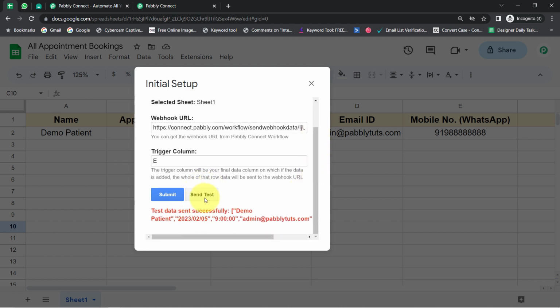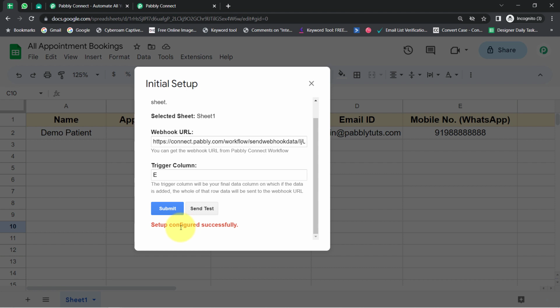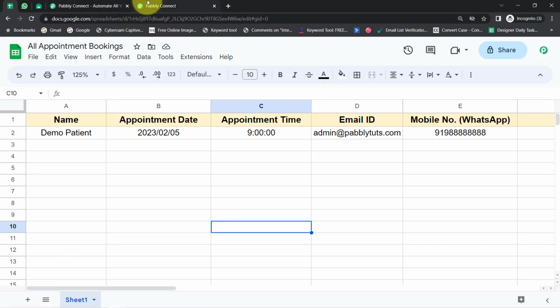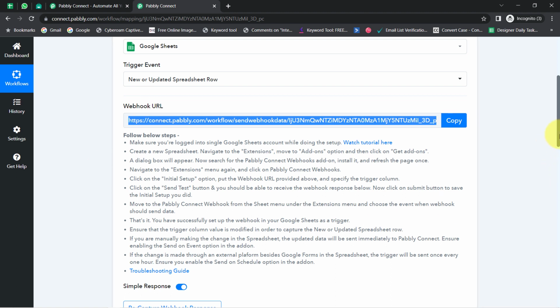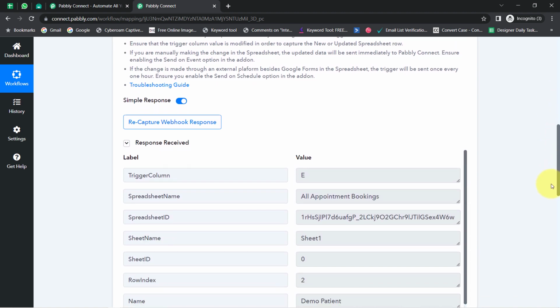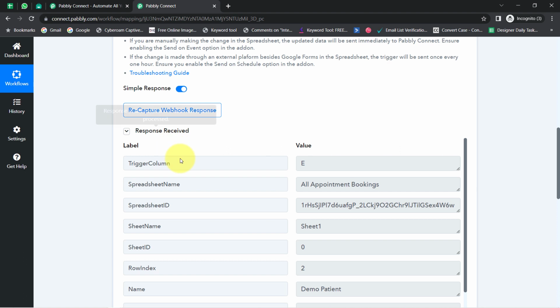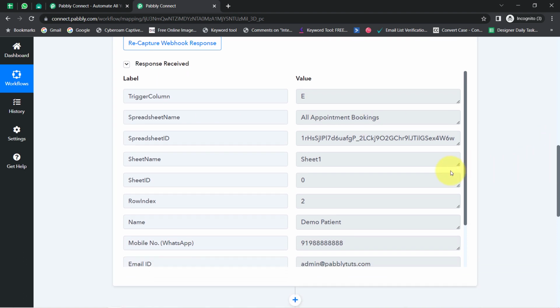and here you can see as soon as I have clicked on the send test button, the data has been sent successfully. Now I am going to submit, and here the setup is configured successfully. Clicking on close, and when I come back to my Pabbly Connect dashboard, you will notice that the response is already received into Pabbly Connect dashboard. Okay, so if I show you the details one by one, here we have the trigger column,